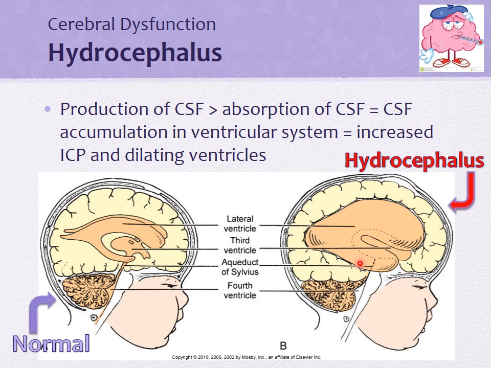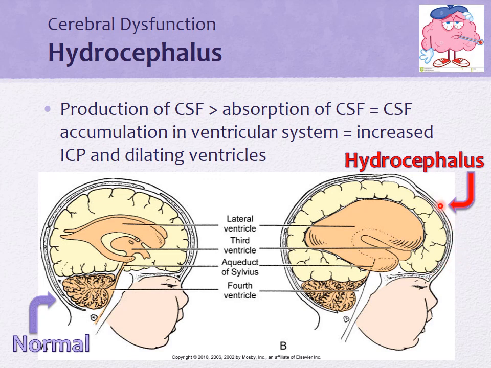A lot of times this can go on for a little while before even being caught. Because there is an accumulation of CSF, it's going to start dilating those ventricles because it has nowhere to go. So the ventricles will start to expand to accommodate the amount of CSF that's being made. You can see up here how the fontanelle is bulging. And you'll start to see signs of increased ICP, vomiting, if they're really young, that high-pitched cry, anything that's a sign of increased intracranial pressure. And these are the kind of kids that will typically get the shunt.